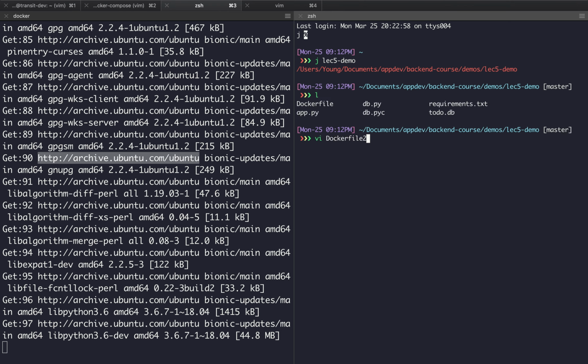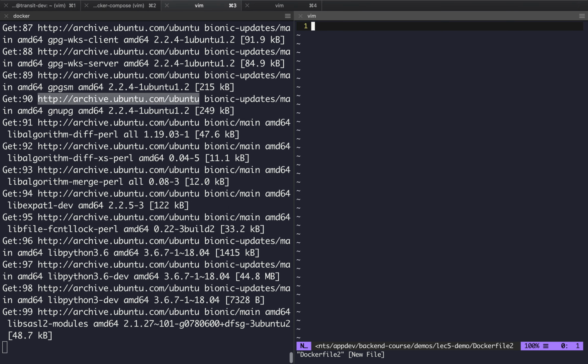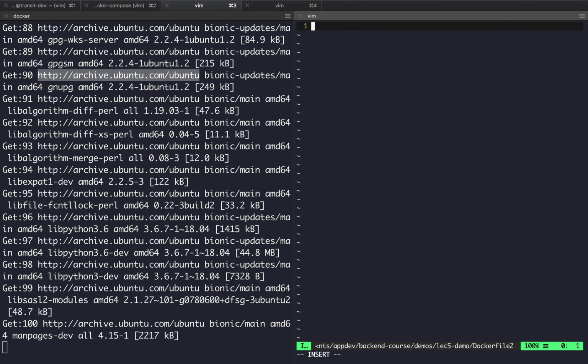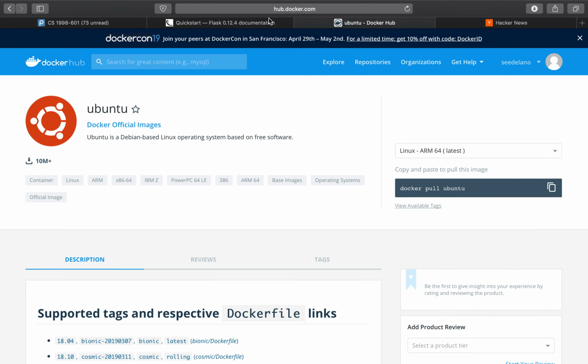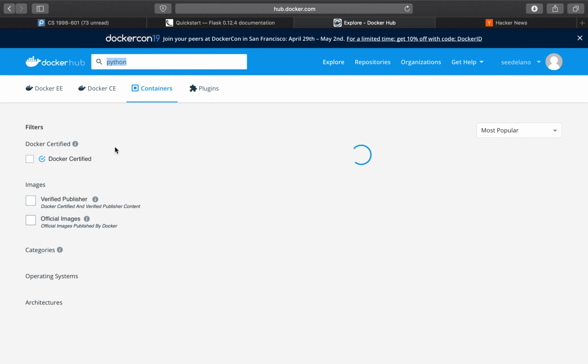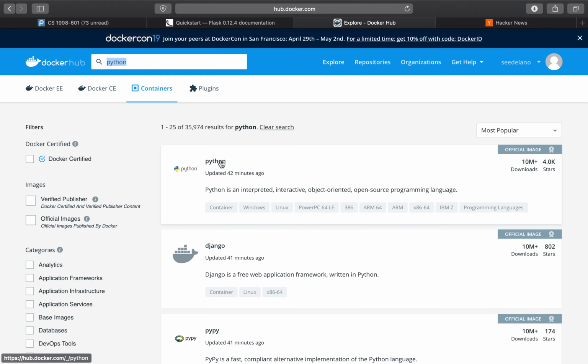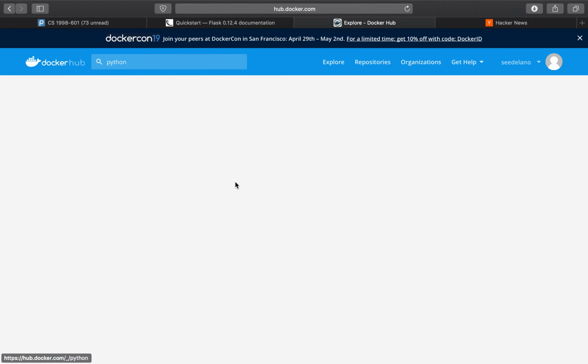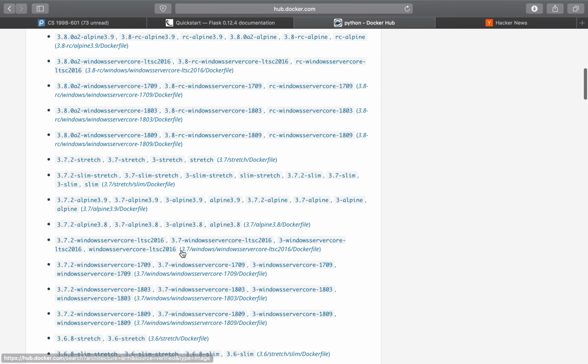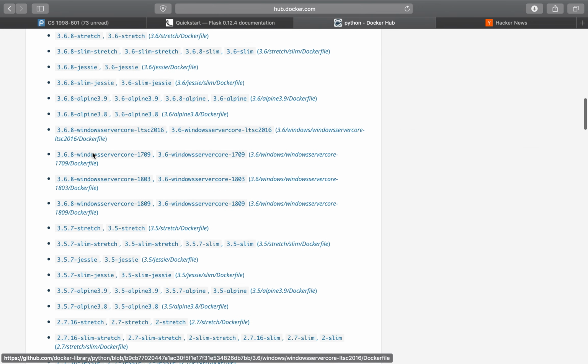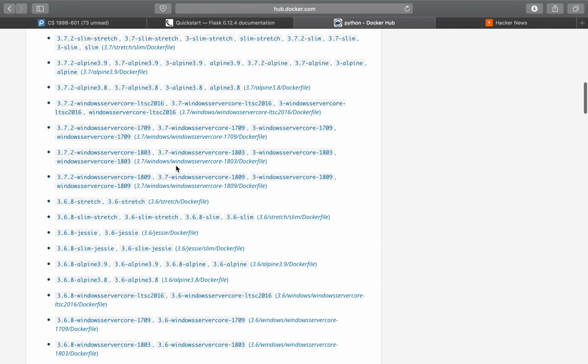Let's just call this Dockerfile 2, which is actually, I don't even think that's going to work. But actually there are Python images that you can pull from. If I just Google Python, or inside of Docker Hub, sorry, I can just find the Python image and then see that, wow, Python offers all of these great images. Like if I wanted to run it on 3.7, I could just do